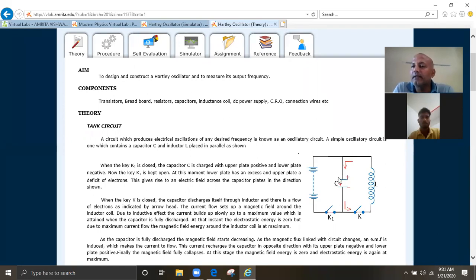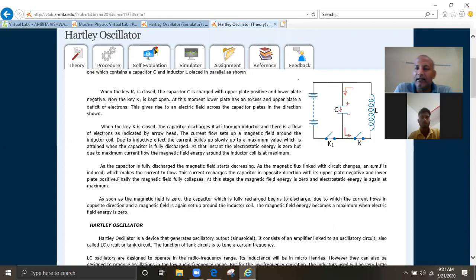But in practice, we know that every wire has some resistance, so this oscillating effect keeps decreasing, and after a certain time the current in the circuit is zero.